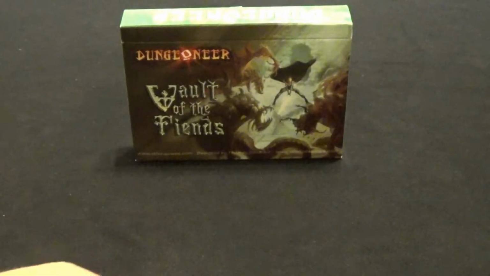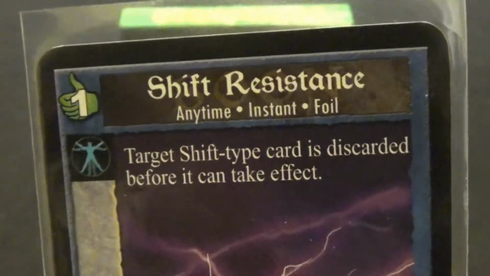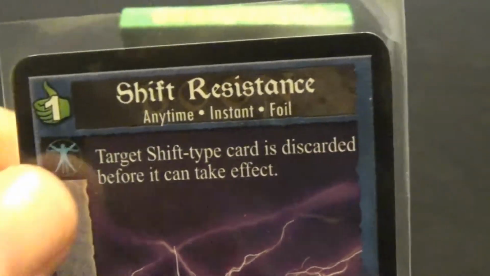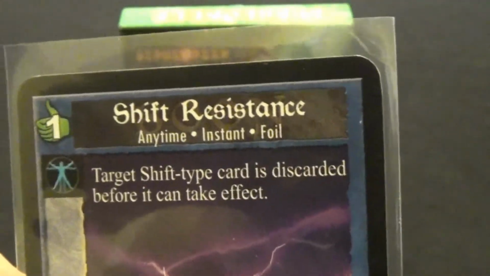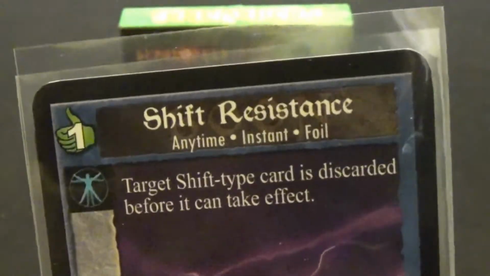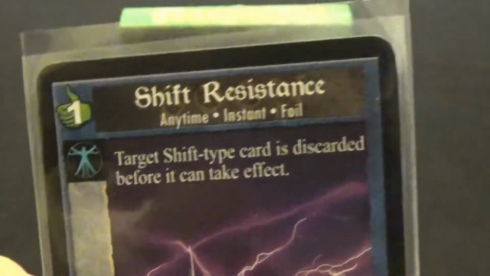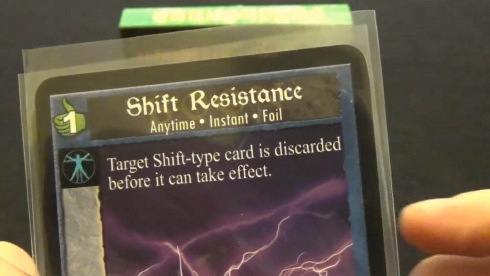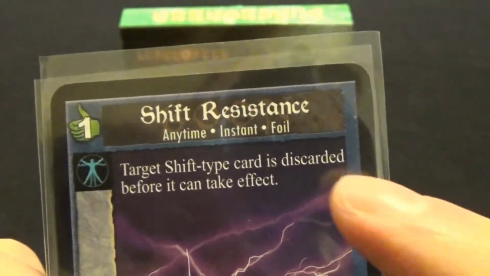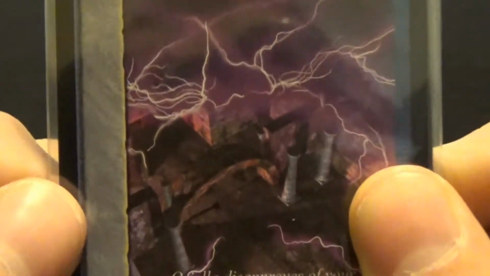Alright, the next card type that we're going to go over is the Anytime instant. So these can be played on your turn or your opponent's turn, and it is discarded when you play it. These all have different types. These are foils, and there are 2 foils in this set. First one costs 1 glory, and it's called Shift Resistance. Target shift type card is discarded before it can take effect. So if someone plays a shift card, and that's where it takes 2 different locations and swaps them on the map, you could play this, and it discards their card before the swap takes effect. And it says,